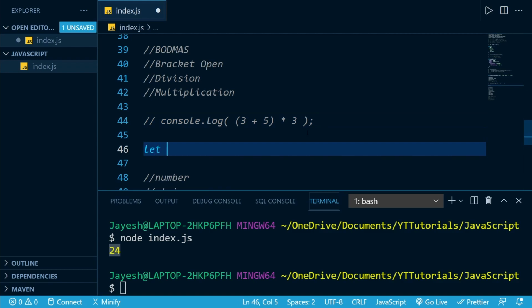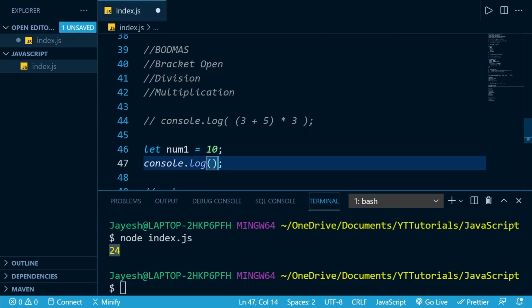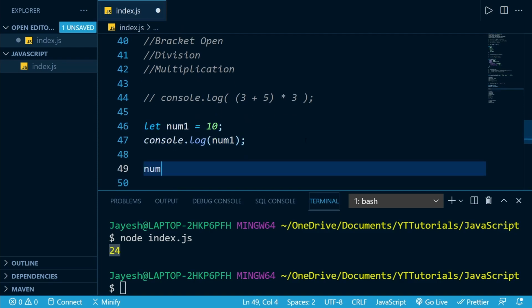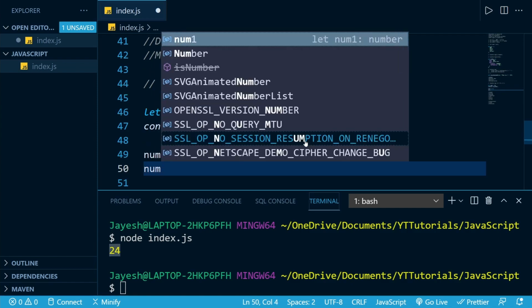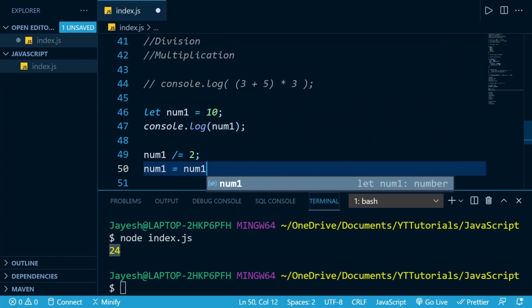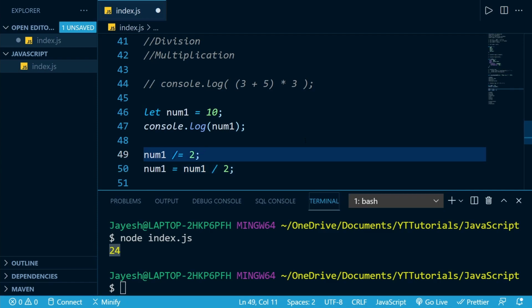For example, let num1 equal 10, and now we can console.log num1, and now num1 slash equals, let's just say 2. What this does is it divides num1 by 2. It's basically the same as saying num1 equals num1 divided by 2. This is just a shorthand form.